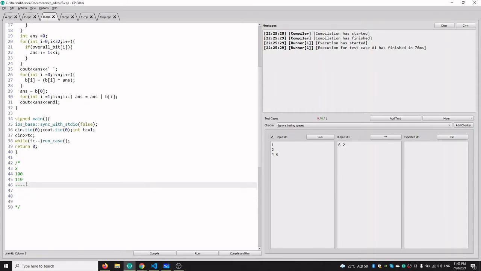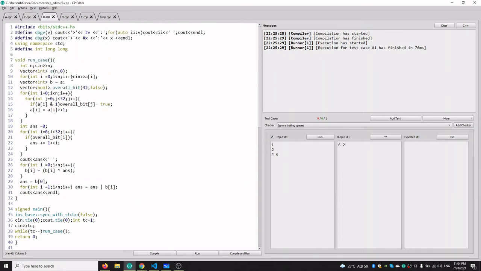Like in this case of 4 and 6, the third bit is 1 in both, so our x will contain 1 at the third bit. The second bit is 0 in one case, so it would be 0, and the first bit is again 0. We take 0 in this case because we do not want to increase our answer. If we take 1 in this case, then both the bits will become 1, and our answer will also have 1 at this place. So yeah, this was the solution. So let's have a look at the code.